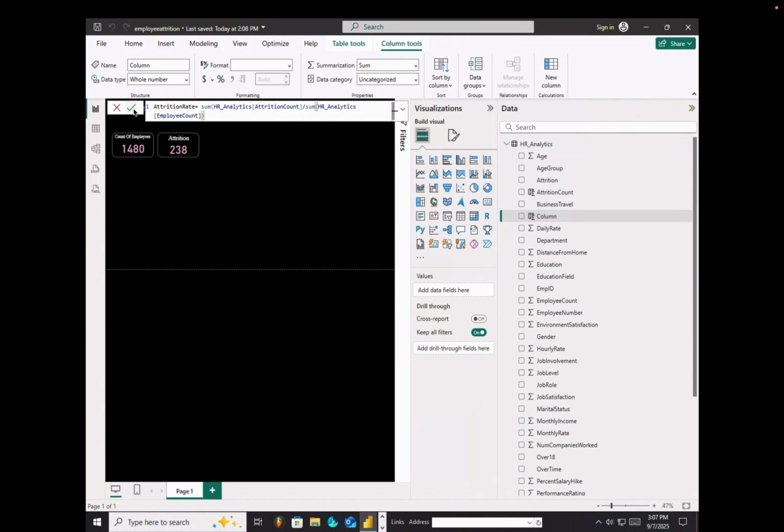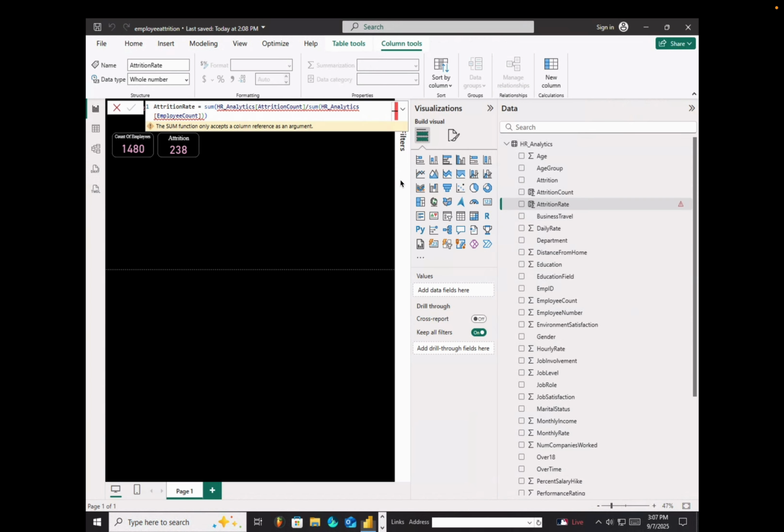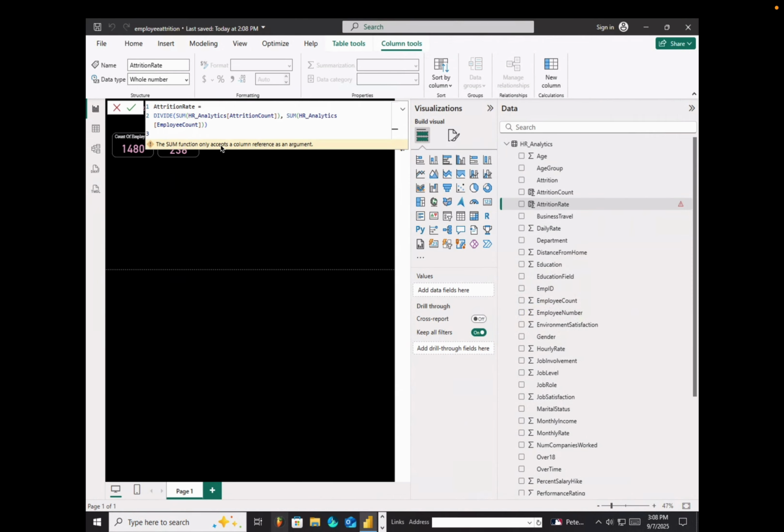Okay, so you're gonna click on the check mark. There we go. Oops. Looks like there's a little error. So this would actually be the correct DAX query. I'm sorry, the DAX language, okay? Attrition rate is equal to divide. Based on your version of Power BI, some DAX language you might have to change up. If that previous formula didn't work, then just try this one, okay? Divide sum of HR analytics, comma, sum of HR employee count, okay? Click the check mark,